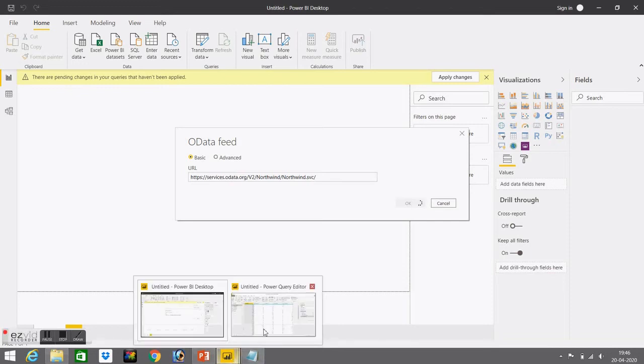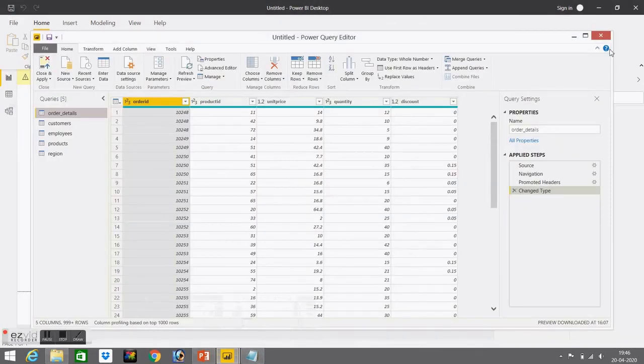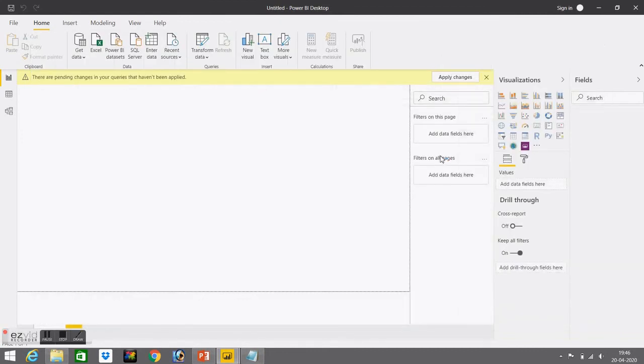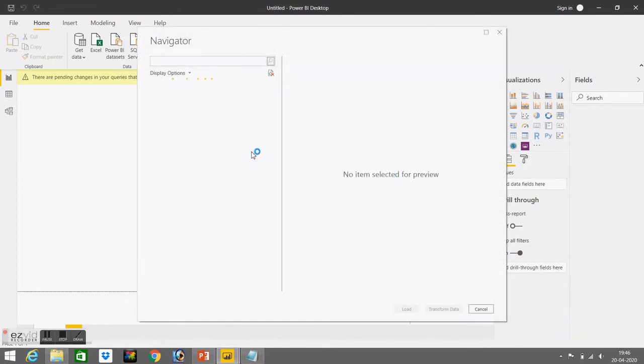It will take some time to load, until then we can close this Power Query Editor.